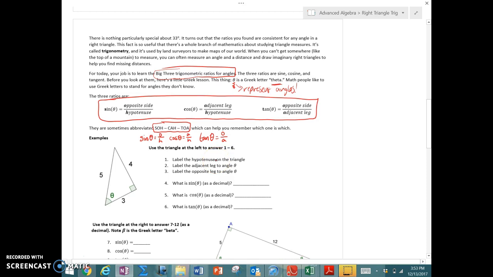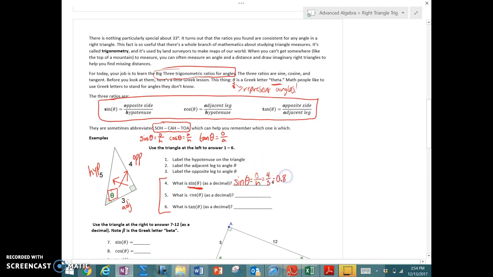The types of problems we need to be able to solve are like 4, 5, 6. Really, it's saying find sine of theta. Well, what we just learned is to find sine of theta, to find that ratio, it's O over H. So given a triangle, I need to be able to find O over H. Well, in this case, theta is the angle I care about. So I'm going to label my sides. 4 is the opposite. The side across from the right angle is always the hypotenuse, and therefore the 3 is the adjacent. So when I substitute in O divided by H, I would have 4 over 5,